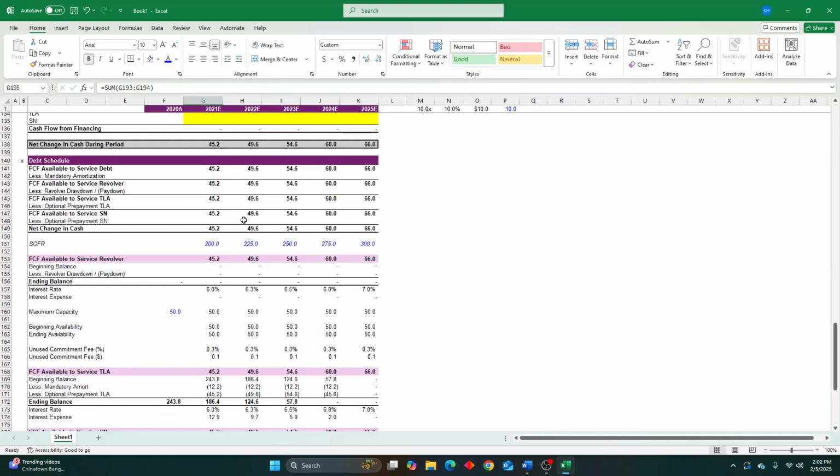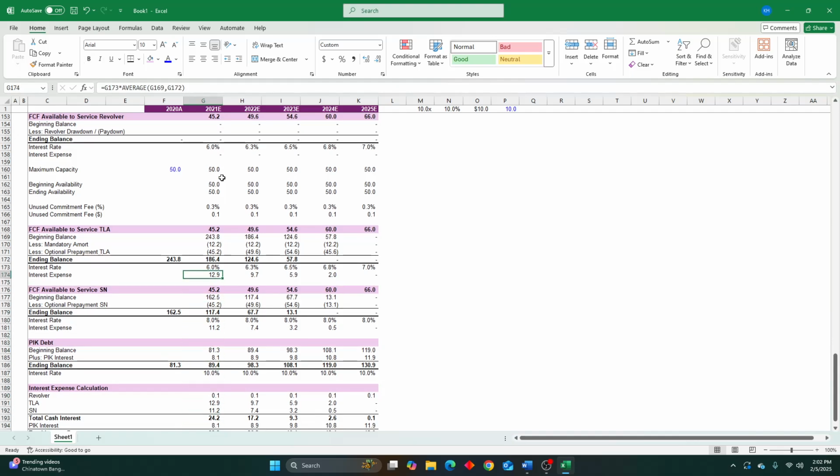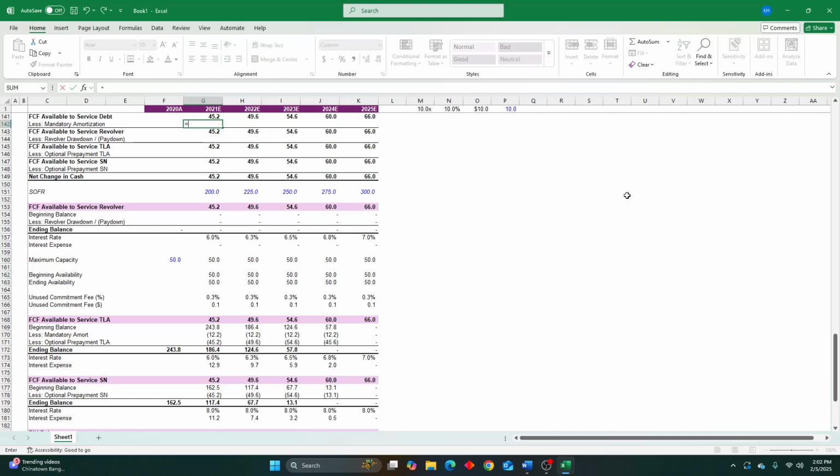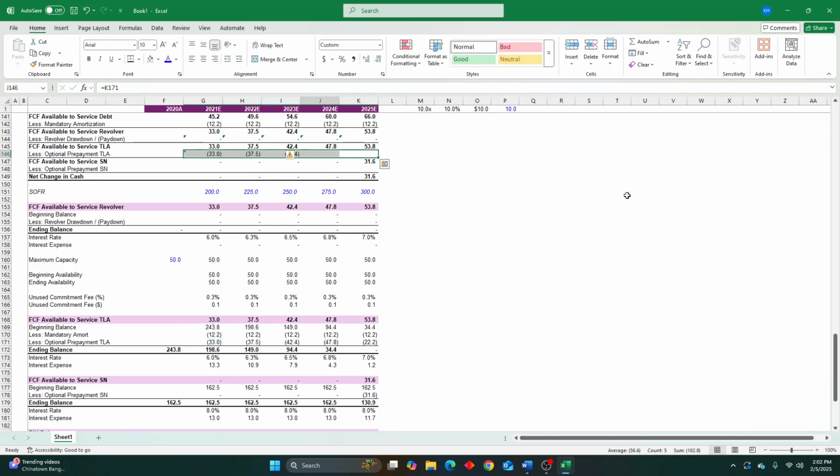So our debt schedule is almost done. Now we just have to link back in the payments. So we'll start with our mandatory amortization, which is the first. So we'll link that up here, which is our 12. Then we'll have a revolver drawdown and paydown, which we've already set up here. So equals there. Next step, we'll have our principal repayment or optional prepayment on our term loan, which we linked over here. And you can see that almost all the cash flow is going to be utilized to pay down